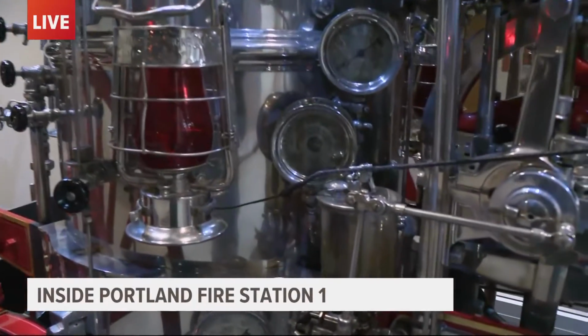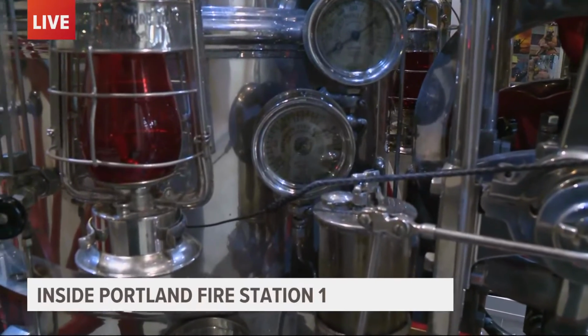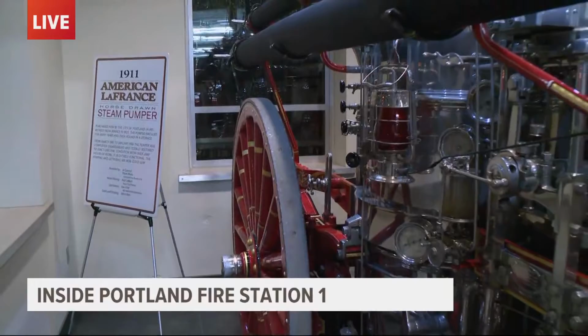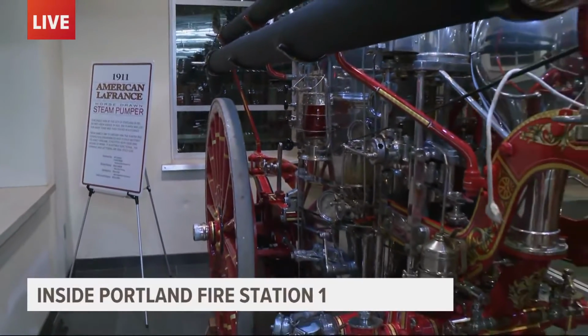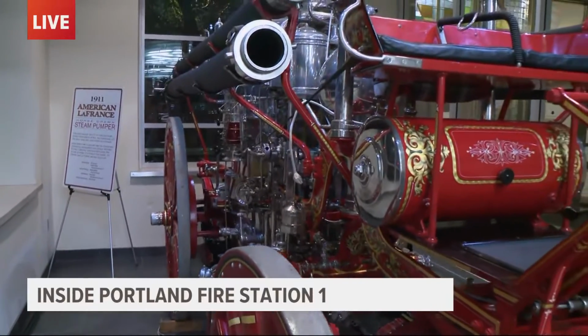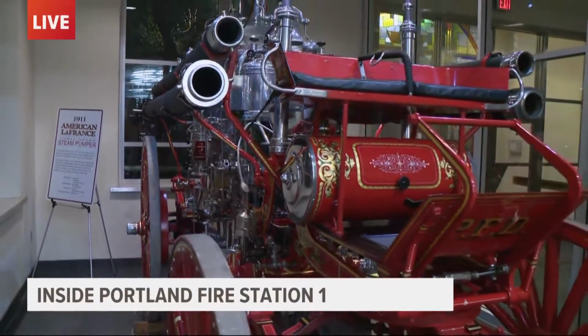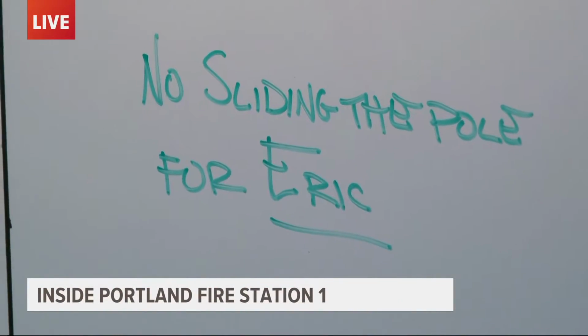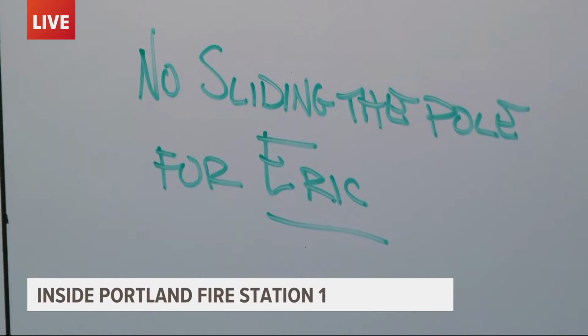Now, Eric Patterson is behind the camera, as he always is for our show this morning. I'm hoping that at some point before the end of the show, he goes down the fire pole. I know they have one of those fire poles at Station 1. Do they still use it? I think Eric could use it this morning, Rob. That's what I'm hoping. They call it the Big House there in downtown Portland. And we're going to check in one more time. Eric Patterson has been behind the...